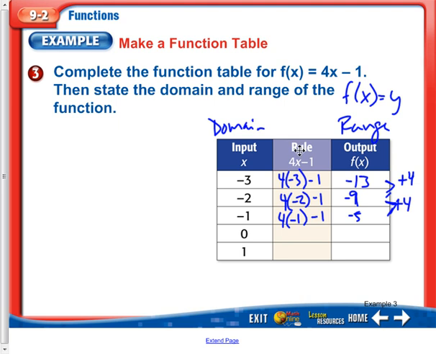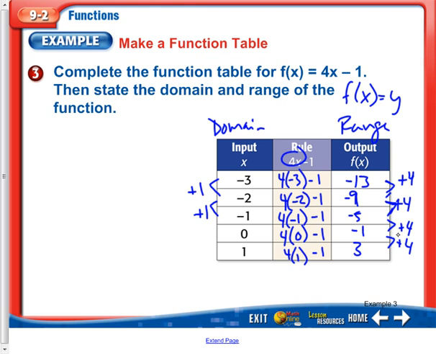We should have been able to predict that because look at your coefficient. Your coefficient is a positive 4. So that means our common difference for our sequence that we learned yesterday is going to be a positive 4. So again, we'll complete this. We'll do 4 times 0 is 0, minus 1 is negative 1. 4 times 1 is 4, minus 1 is 3. Again, the common difference stayed at plus 4. And these all went up by 1. So as long as these term values are going up by 1, and then our common difference is equal to